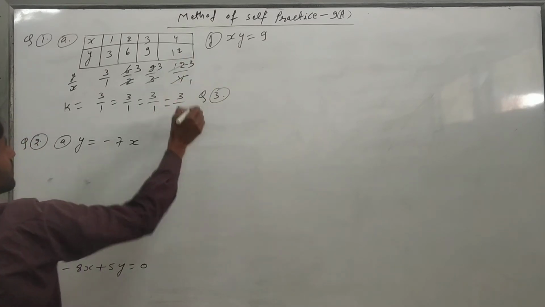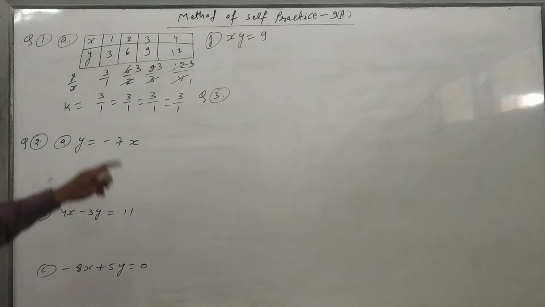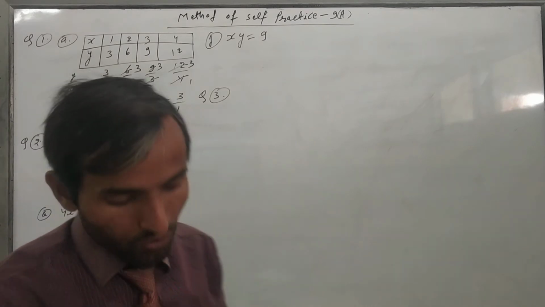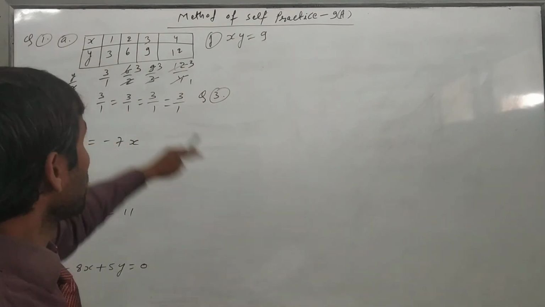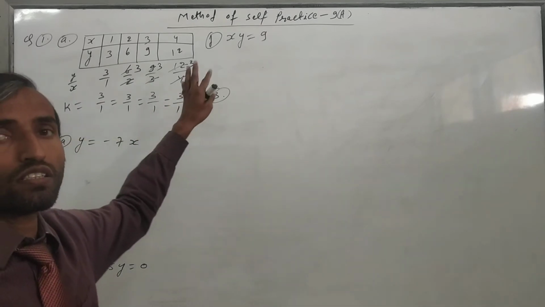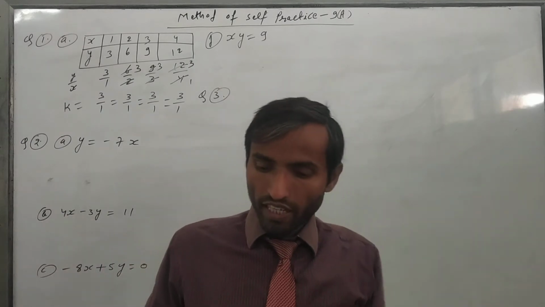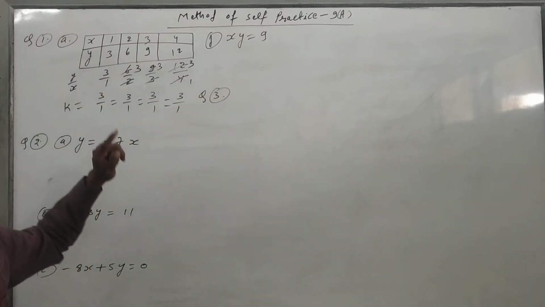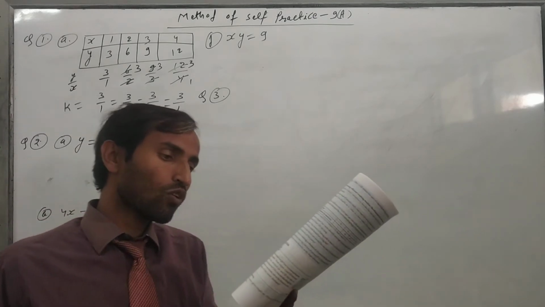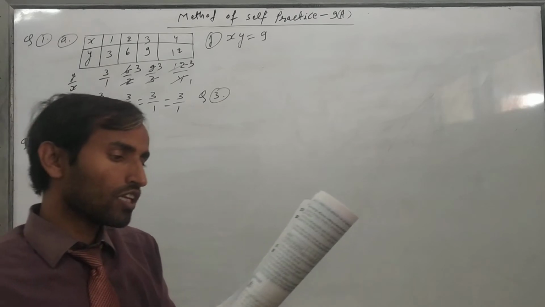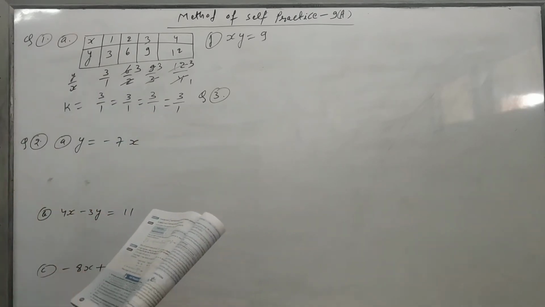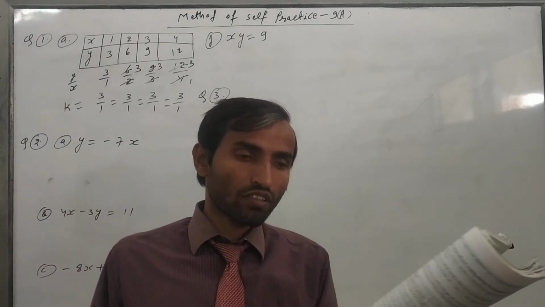So the constant of variation is 3. K is equal to 3. This is the final answer. And there are two more parts in question number 1, B and C. You have to do them in just the same way. If each and every number gives the same constant of variation, then we can say that x and y vary directly. Otherwise, if some other number comes, then we cannot say these two quantities are directly varying. So we can say it is not a direct variation.